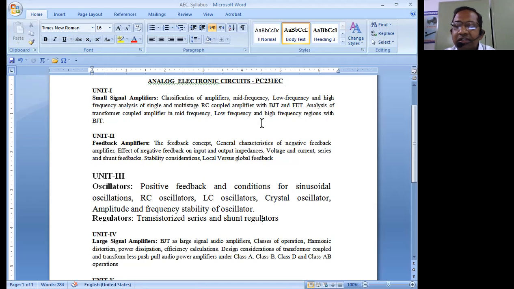Because biasing is 100% fine, irrespective of changes like temperature, aging, or beta value, whatever the changes may be, the basic condition should always be fixed. That means the Q point should be fixed. Due to proper biasing, the Q point is going to be fixed in the operation of the amplifier circuits. If the Q point is fixed, what does it mean? The DC conditions are not going to change.